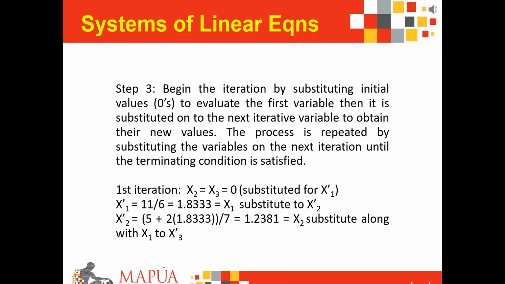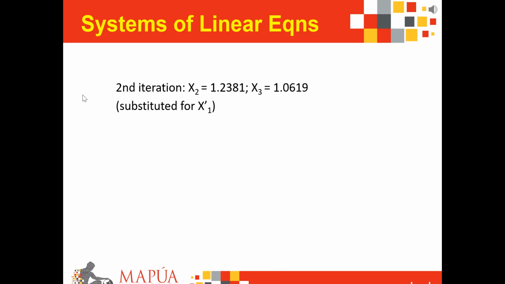Since your previous x3 remains 0, you'd end up with this solution with a value of 1.2381. And then substituting your x1 and your x2 calculated value to your x3 iterative solution would have a value of 1.0619. We then repeat the process for the second iteration, substituting the last two calculated values, which were x2 and